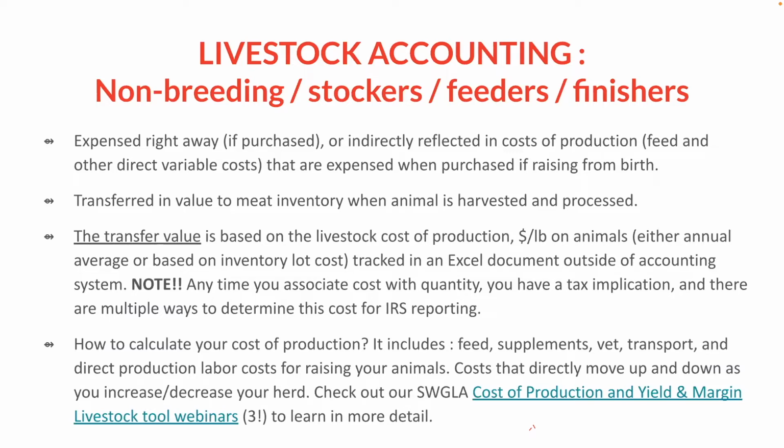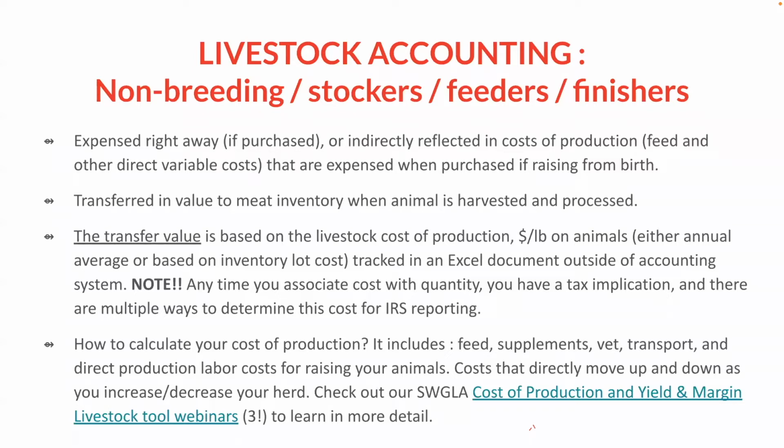And then we're about to get to the place where this livestock is going to need to become meat somehow inside of our records. And what we're going to do is transfer the value to the meat inventory, which is what Mariam's going to talk about, when the animal is harvested and processed. And what is that value? Again, it's based on the cost of production. So all of those direct variable costs that you accumulated will then be transferred, usually as a dollar per pound amount